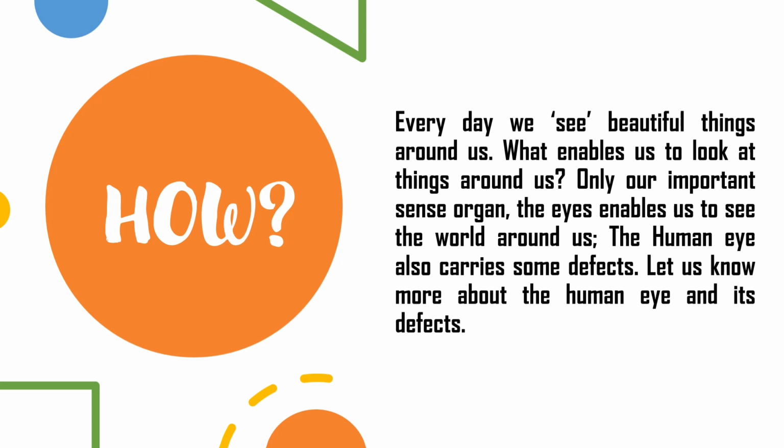Our eyes are based on the principle of refraction of light. So here our eye lens is a convex lens. It forms an inverted real image of the object. So the image formed is inverted, but our brain interprets the image as erect. So first let's see the structure of the